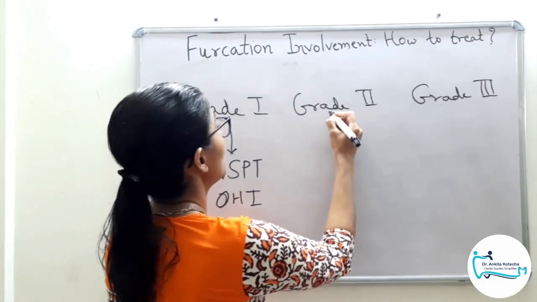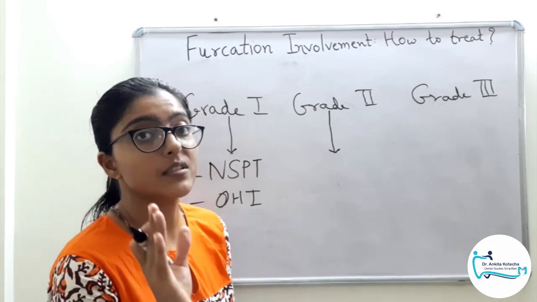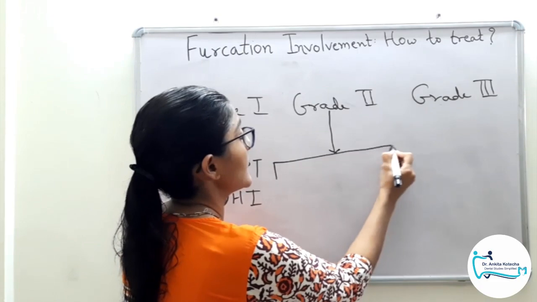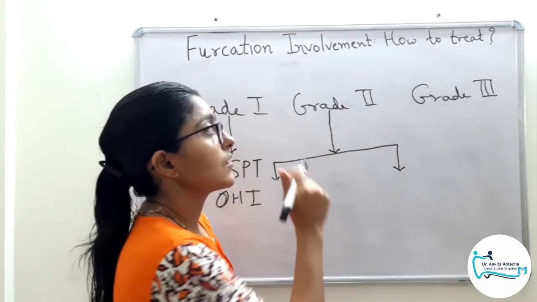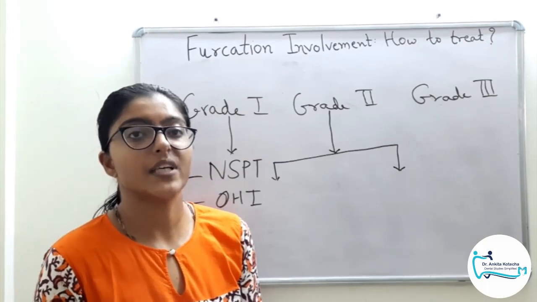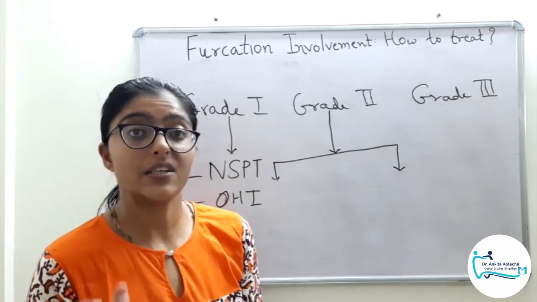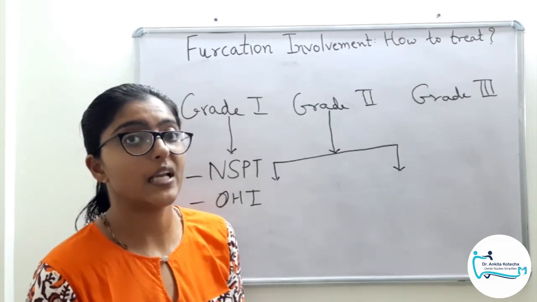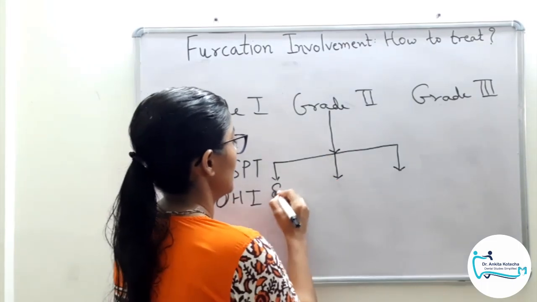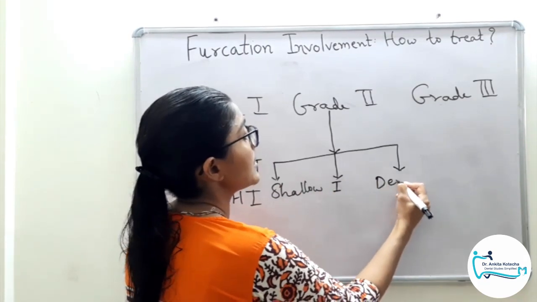Clear? Coming to grade 2, this is an important involvement of furcation to be considered from treatment plan point of view. So here we have to consider it is a grade involvement with vertical and horizontal, both the components involved, that is interradicular bone loss present. So now it has become a proper furcation defect. So the defect has to be analyzed for its depth mainly. So we can have 3 case scenarios here. The depths may be shallow, intermediate or deep.